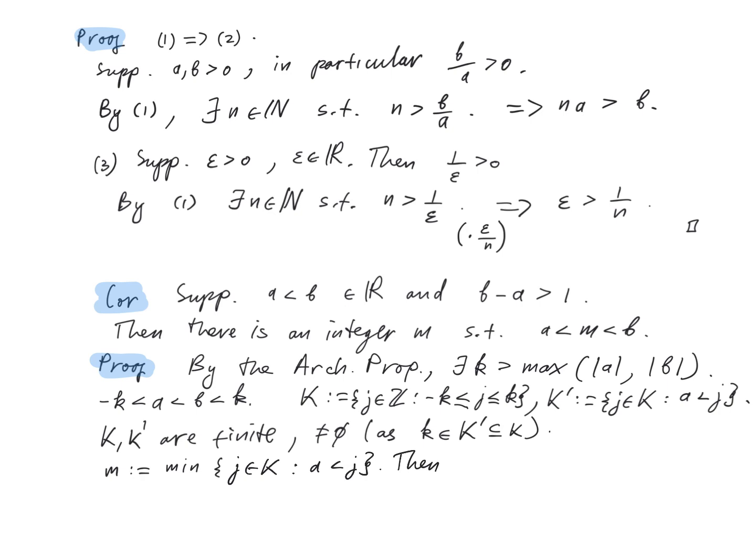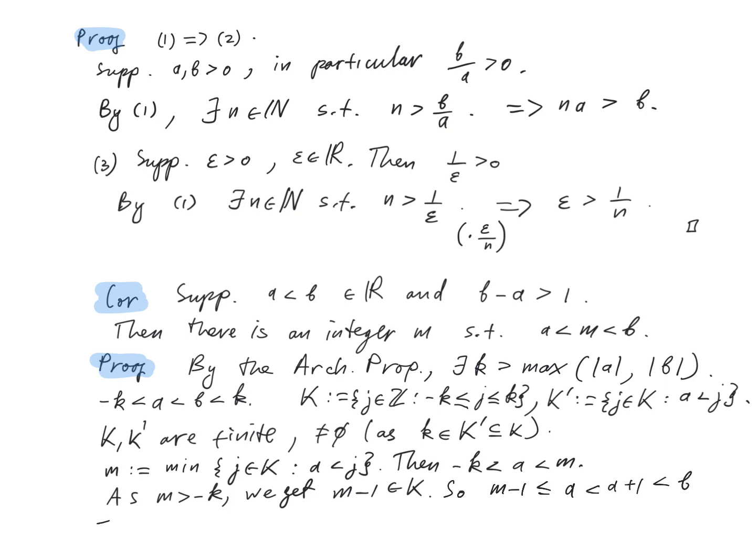Then we have that minus k is less than a is less than m, and as m is greater than minus k, we get that m minus 1 is an element of the set capital K. So m minus 1 is less or equal than a is less than a plus 1 is less than b. We have this by the definition of m